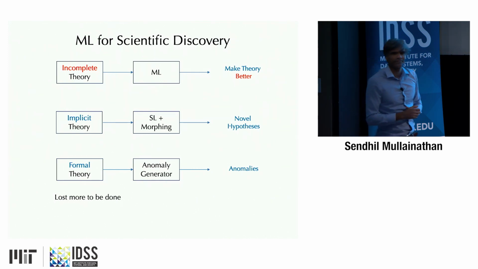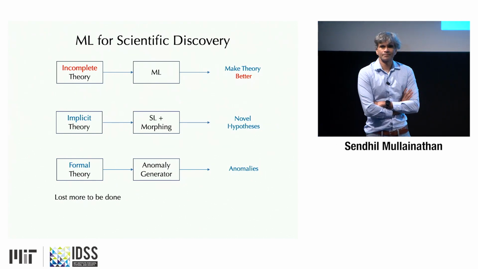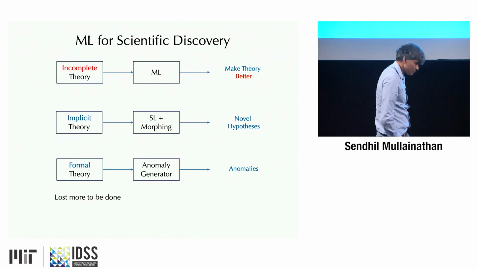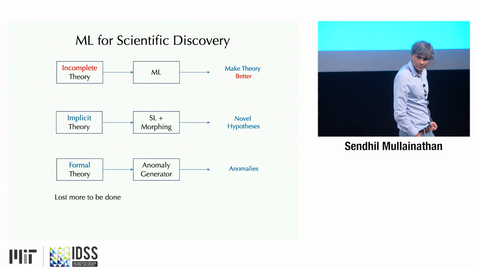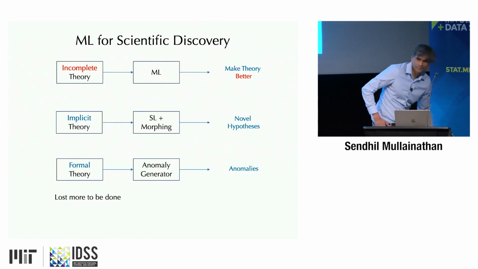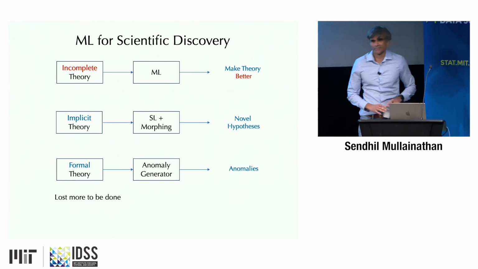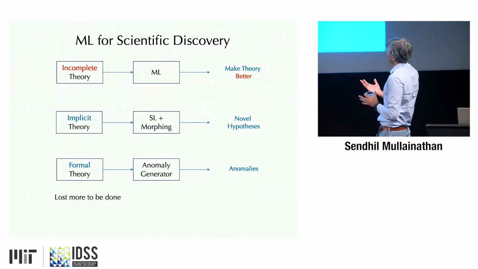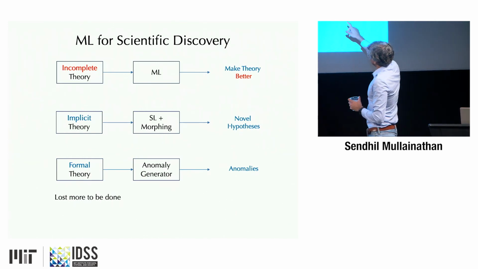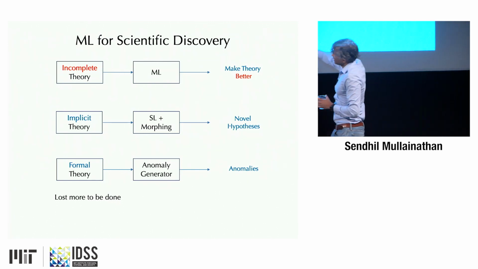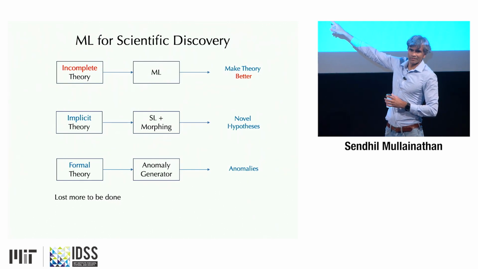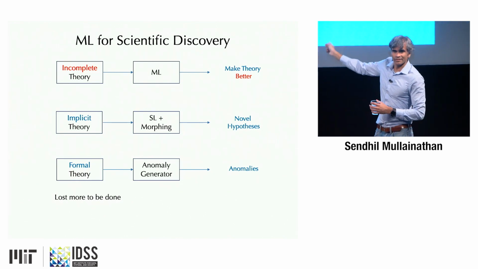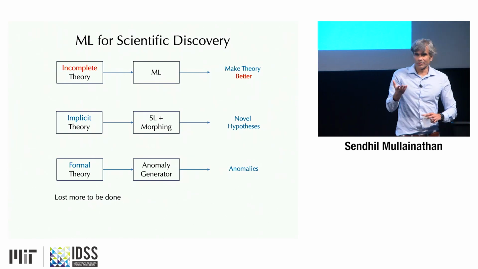Yeah. Great. This idea of the anomaly generator is quite interesting. I'm wondering if you're thinking about using this as a way to explore the space of theories as well, some sort of a closed loop. Yeah, so one of the areas that I think you're getting at, which is what we're thinking about now, and where I'd love to see more people work, is if you could go from anomaly back to automatic theory improvement, that would be very interesting. And you can see then, to your point, you can just start doing this in a loop. That's what we're trying to do now.